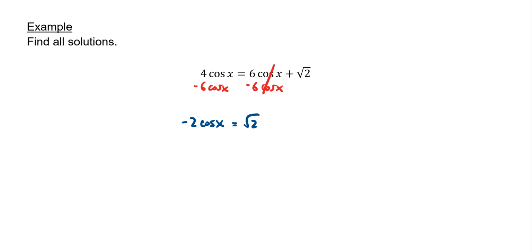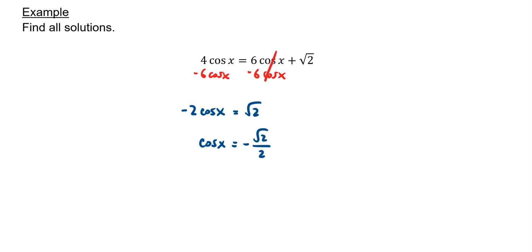And then we're going to divide both sides to isolate cosine. Divide both sides by negative 2. So cosine of x equals radical 2 over negative 2, or you can and should just write that as negative radical 2 over 2. So step 1 is done. We have cosine solved for. Cosine equals a number. Now step 2, graph cosine